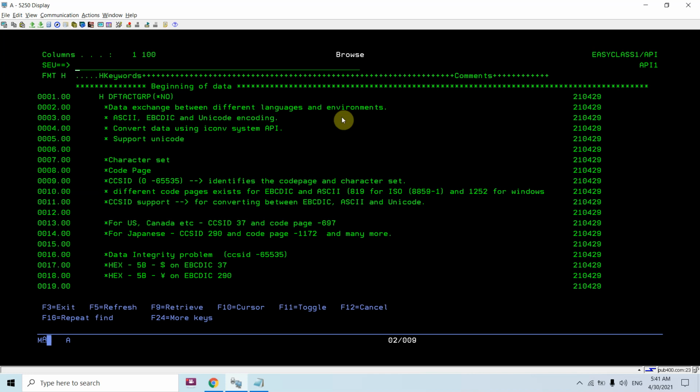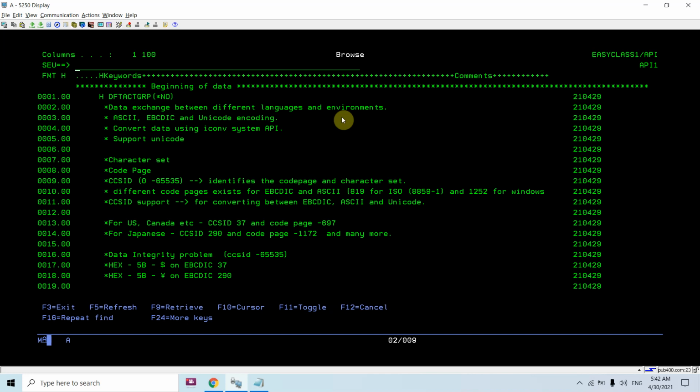That's why we want Unicode encoding. Let me explain: when we use Unicode encoding, IBM ensures there is a unique hex value for each character.